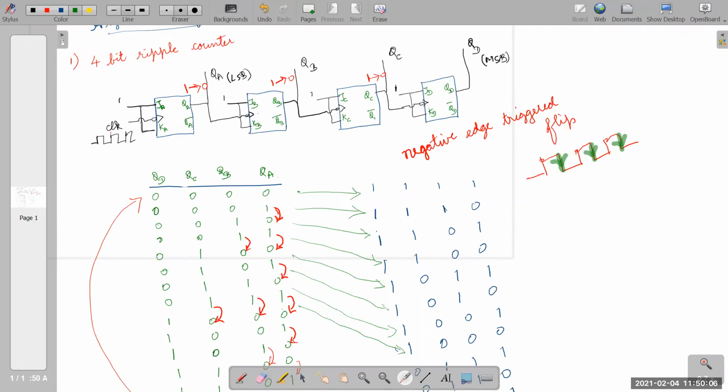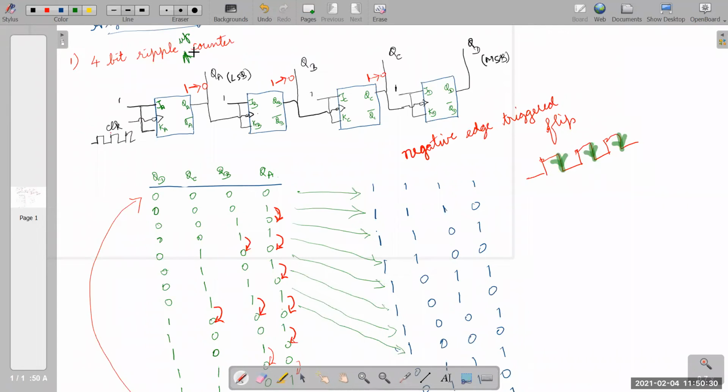That means instead of taking from QA, I can take it from QA bar. Am I right? Yes, sir. If I take from QD bar, QC bar, QB bar, QA bar, that is going to function as a down counter. So this is the 4-bit up counter design. If you take from QA bar, that is going to function as a down counter. This is one point you have to remember.